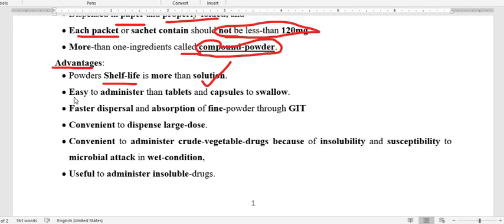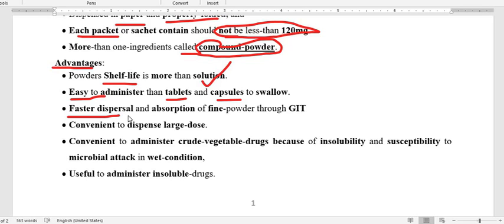And powder is easy to administer when you compare it with the tablet or the capsule, and when it reaches the gastrointestinal tract, it disperses over the surface area and covers more area,